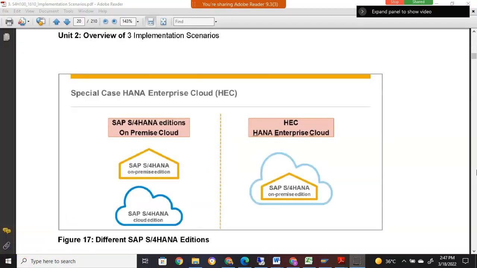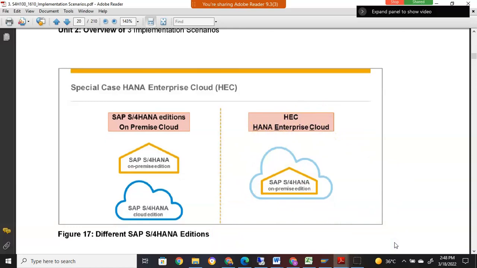So here we have the different SAP S/4 HANA editions. Now we have SAP S/4 HANA edition on on-premise cloud, and then we have HANA Enterprise Cloud. On-premise cloud is something wherein, if the company is not comfortable keeping all the information in the public cloud, they can go for private cloud. So that private cloud is nothing but the on-premise cloud. Okay, so HANA Enterprise Cloud is something which is very much flexible,